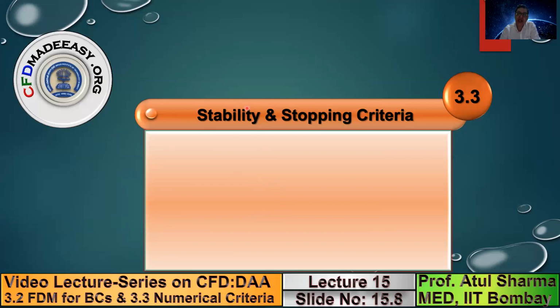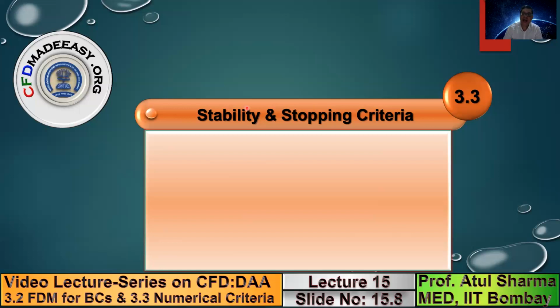Now at each time step, if you are using an explicit method, each algebraic equation is independent, so you can solve it in a non-iterative way. So in an explicit method, you need only one criterion to stop in time. That's a steady state criterion. Numerically, you have to judge what the criterion should be for the temperature variation to have reached steady state. So basically, the stopping criterion is the steady state criterion.